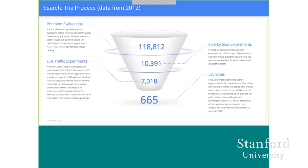And then we also run these side-by-side experiments where we ask our human evaluators, do you think the left side or the right side is better? Where the left side might be the experimental side and the right side might be what we currently have in production. And then they evaluate, and they evaluate based on these trained guidelines that we give them. And finally, we ran 7,000